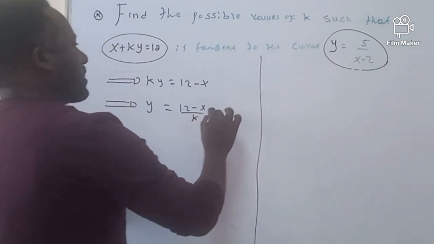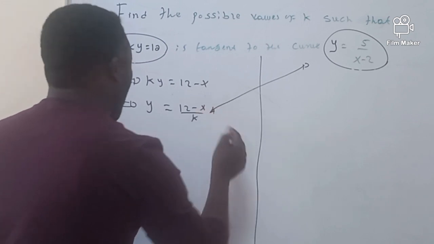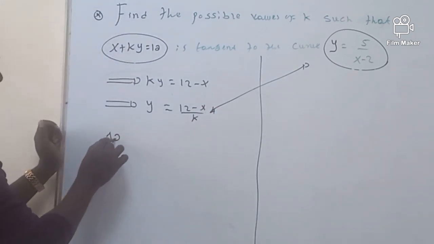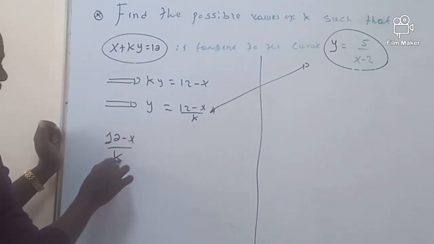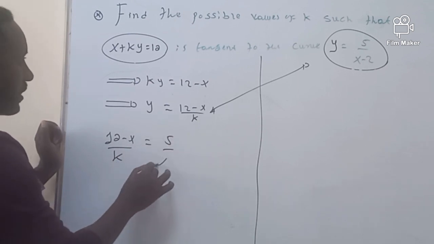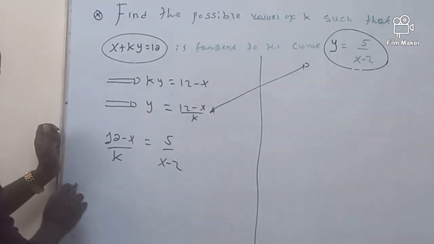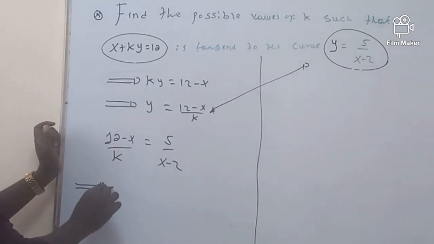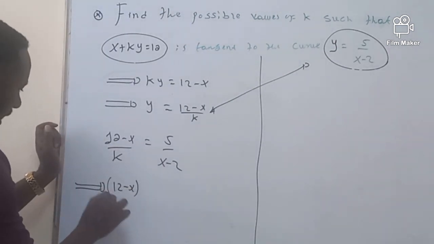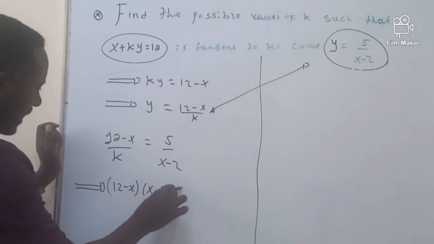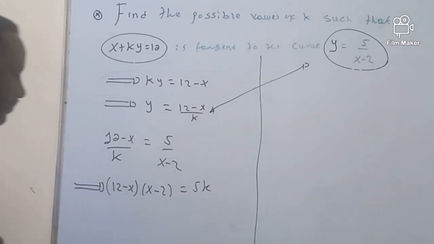Then when we equate these together, we have (12 minus x) over k equals 5 over (x minus 2). This is the new equation. Then we need to cross-multiply: